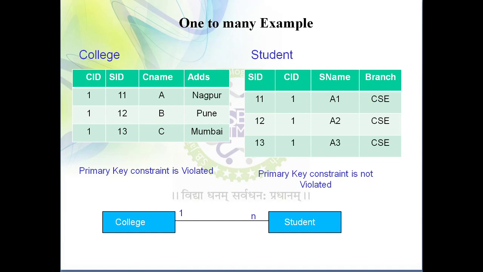Before discussing this, I want you to know that in an ER diagram most of the time you may find two types of relationship. One is a one-to-many relationship and the second is a many-to-many relationship. We already discussed that four types of relationships are there: one-to-one, one-to-many, many-to-one and many-to-many. But it is observed that mostly two relationships exist, that is one-to-many and many-to-many.